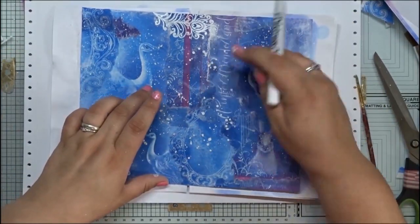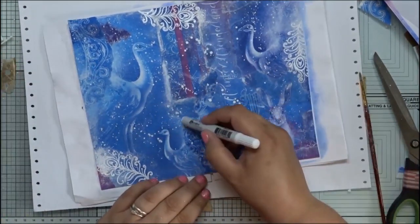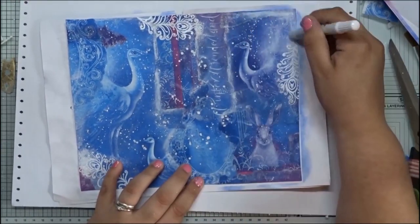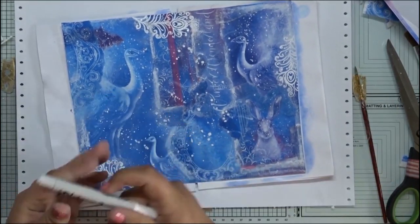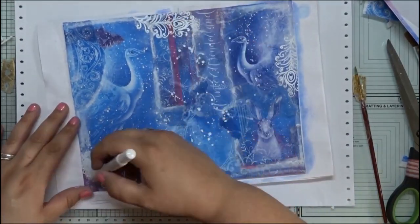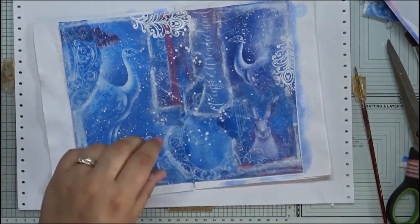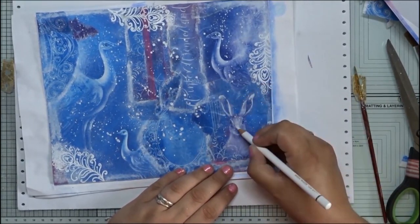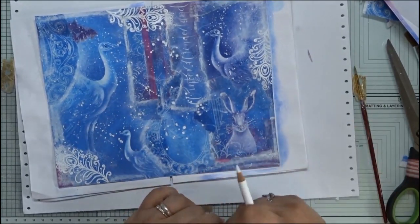And then I've got the Picket Fence Distress Crayon, which is basically a white crayon. There are other similar ones available, or you could use white gesso, and I'm just going around the edges and using my finger to rub it in. I'm also going around the edges of the bits of rice paper that I added in, so it gives a bit of a random texture. Although it's pointing out where my seam lines are, that's what I wanted to achieve, so I was quite happy with that. And then I've taken a white pencil and a gel pen and highlighted even more the white parts of the rice paper,